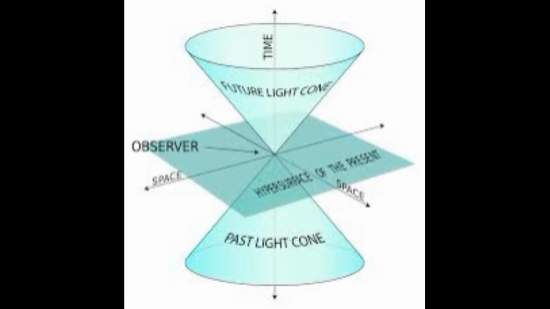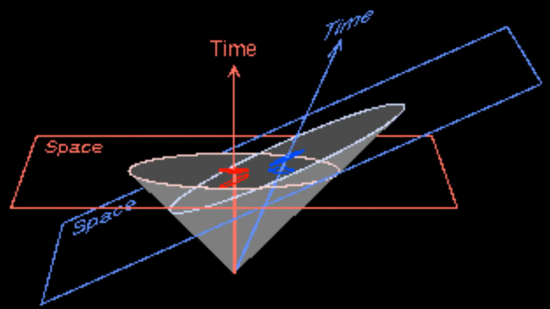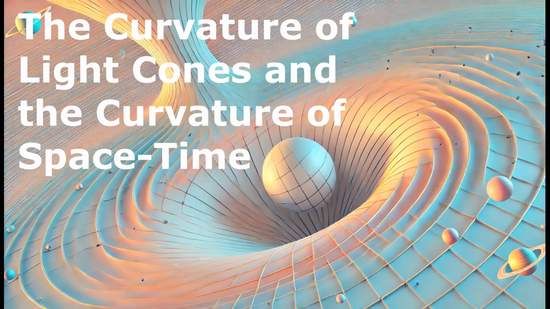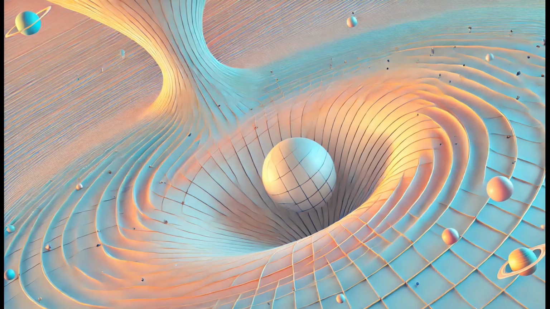This means that, from the photon's perspective, the journey from one point in space to another is instantaneous. There is no before or after. This insight raises interesting questions about the nature of time and existence. If photons do not experience time in the same way that massive particles do, they could be thought of as timeless entities. Light cones are typically depicted as upright in flat spacetime, but will appear curved when considering curved spacetime,